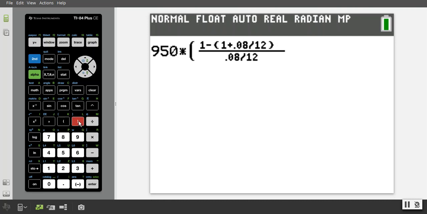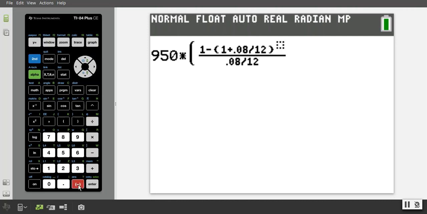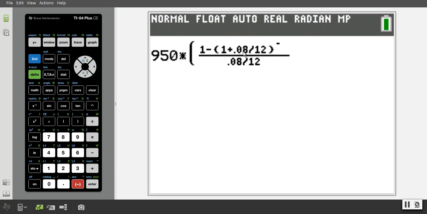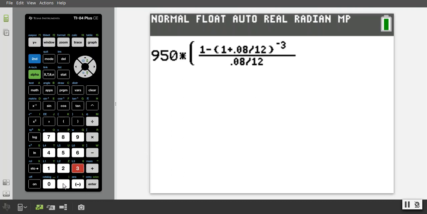Now, in most cases, I don't really need to see what is 0.08 divided by 12. I know that in some instances, you'll be required, for whatever reason, to know what the interest divided by the period is, but we're doing approximations anyways, so I don't really need to see it. So we just press enter,